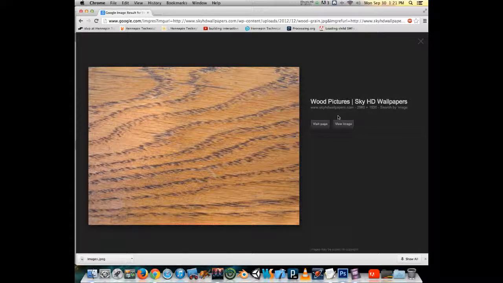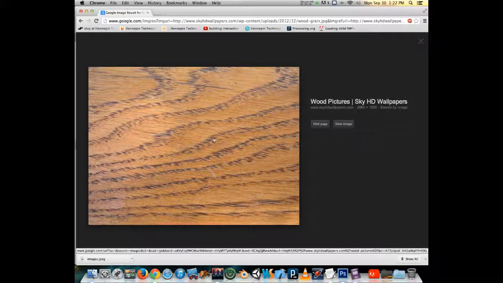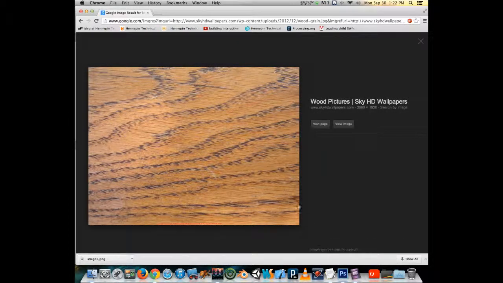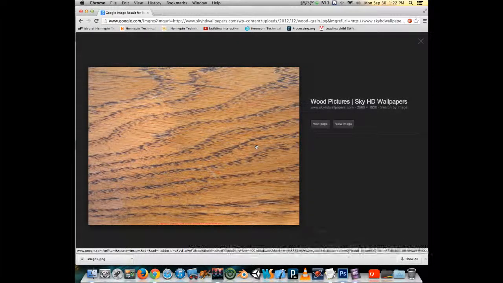First item is going to be how to add a texture to a brush or the pencil tool. It doesn't really matter which tool, but it still requires you to follow the same workflow. So the request came in of how do we get in a wood grain texture and be able to work with the wood grain texture. I went and just did a quick search for a wood grain, found it, saved it out, and that gets me part of the way there, but it doesn't get me all the way because this is a JPEG file,